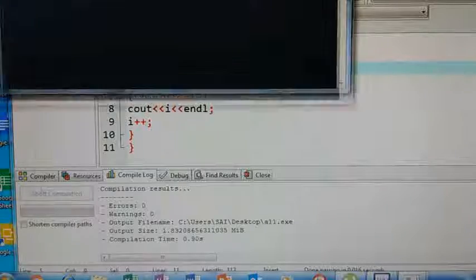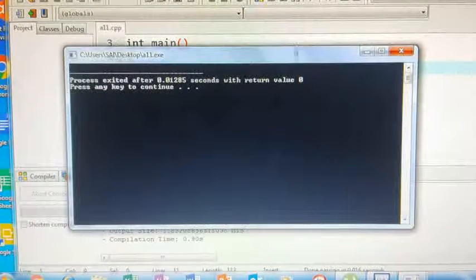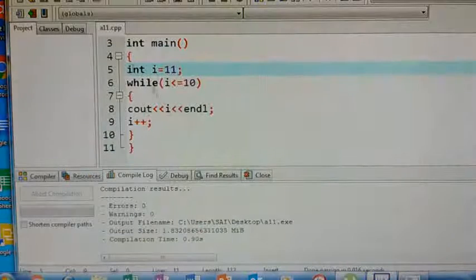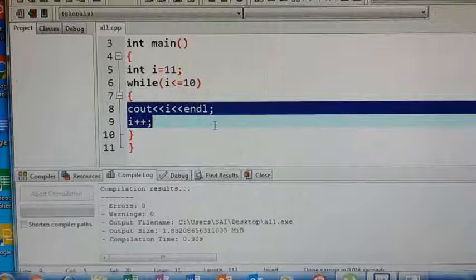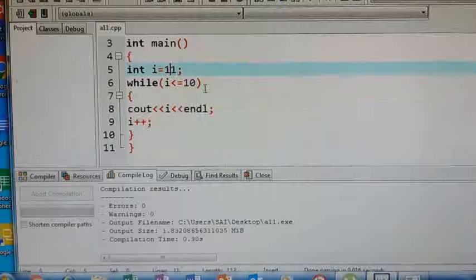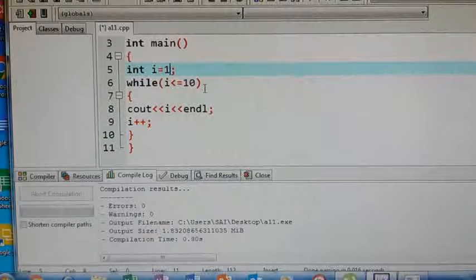Nothing you are getting. See, you can see here. Why? Because in a while loop, if the condition is false, whatever you have given in the body part will not be executed. Okay. So as long as the condition is true, only then whatever is there in the body of the loop will be executed. Okay, so the while loop comes under entry control loop.